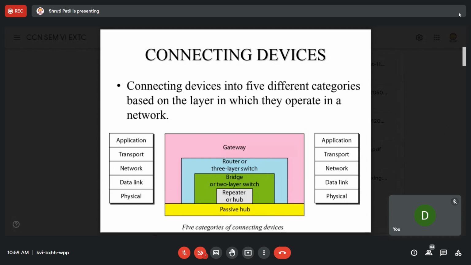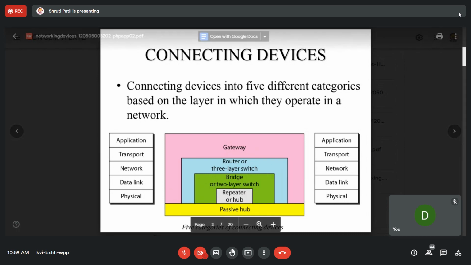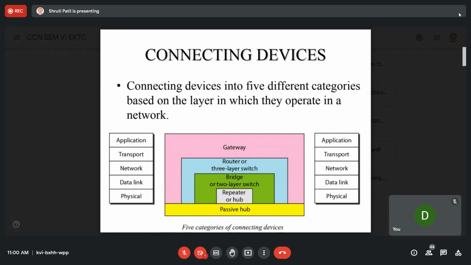A hub can be passive or active, and switches also come in different types, such as 2-layer or 3-layer switches.